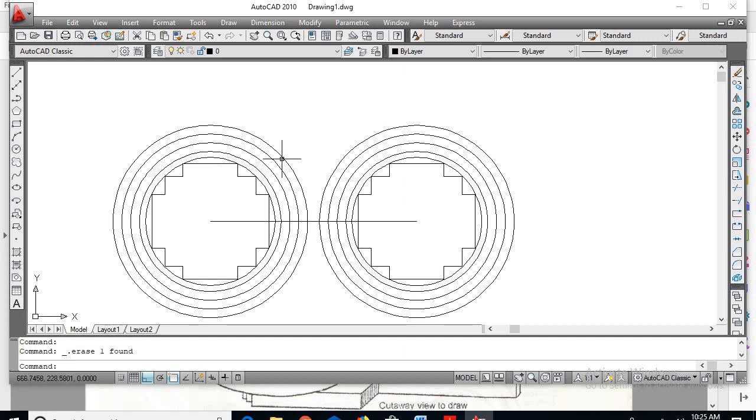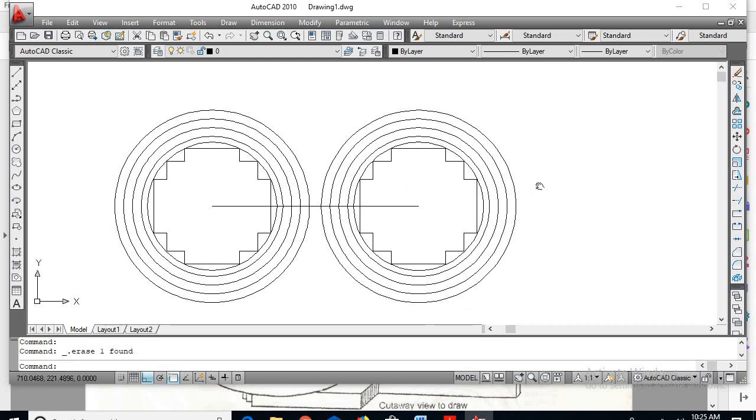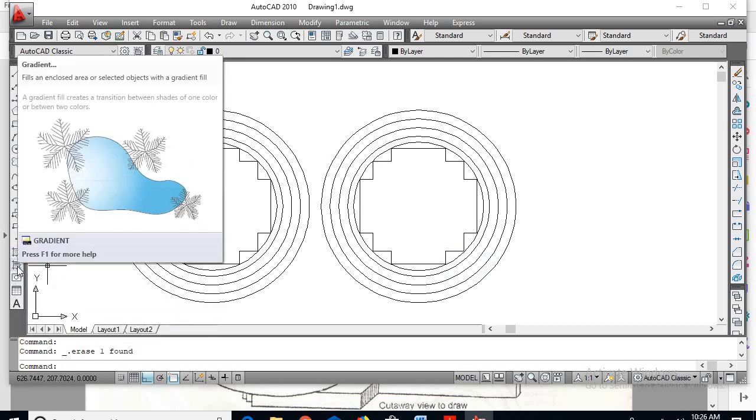Okay, so now don't show any sort of windings here presently. You can show the windings towards the right section. Since he is telling to show only one limb, I'll show only the windings at the right half section. Now even this line I'll delete, because if I keep it, it will disturb the hatching. Now go for the hatch command. So I'll go for gradient.